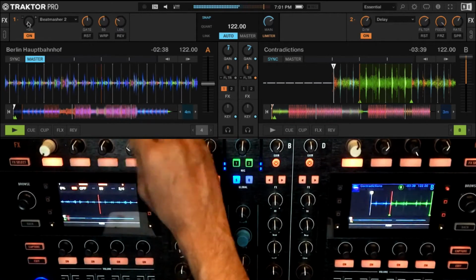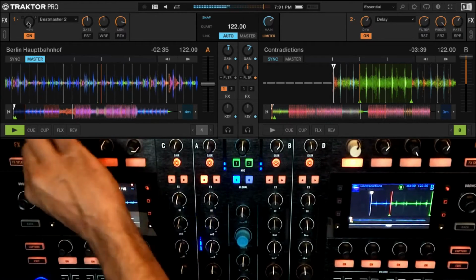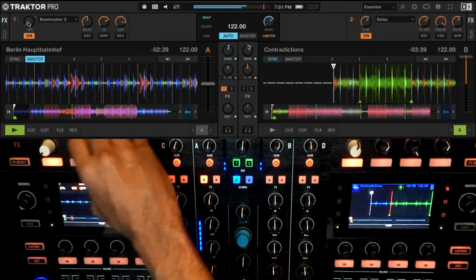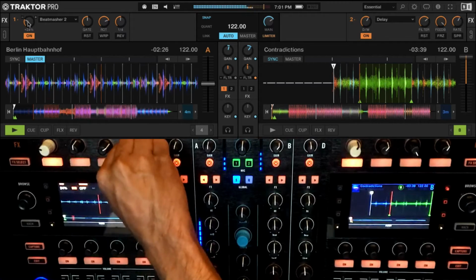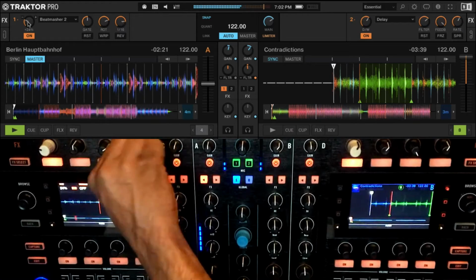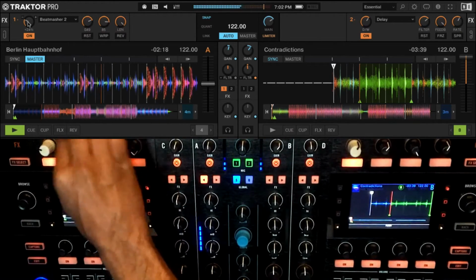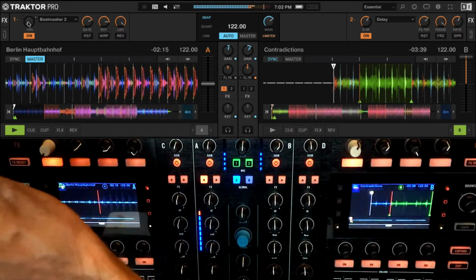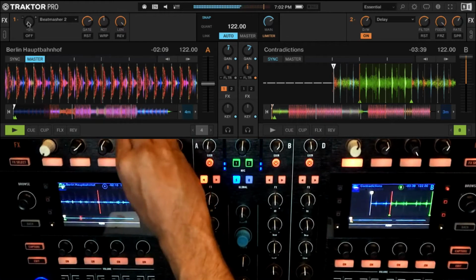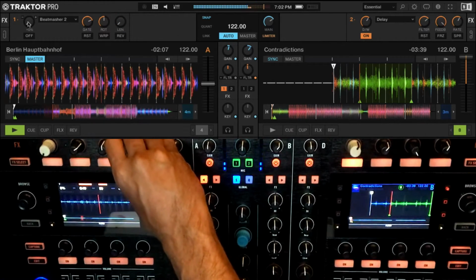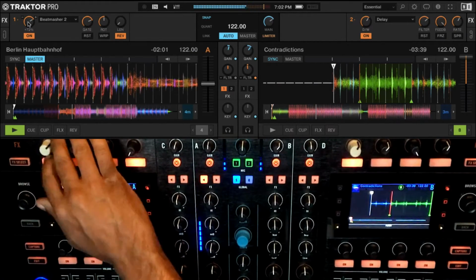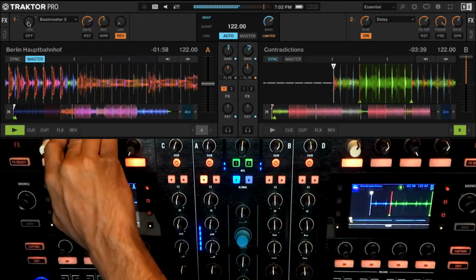Let's start with tiny little 1/16ths, which I can pick up, rotate them a bit. Use a little reverse as well. Let me do that typical hip hop style reversal. Okay, I could do bits like that.